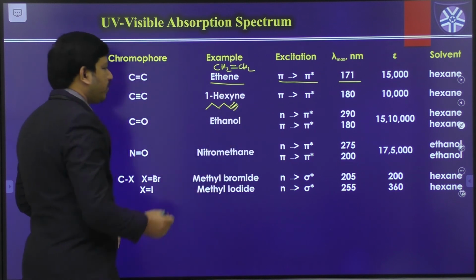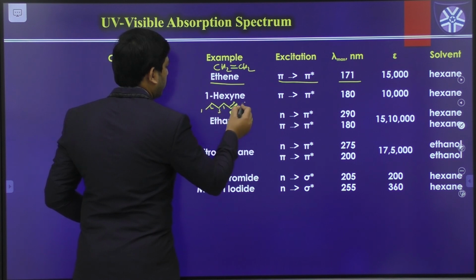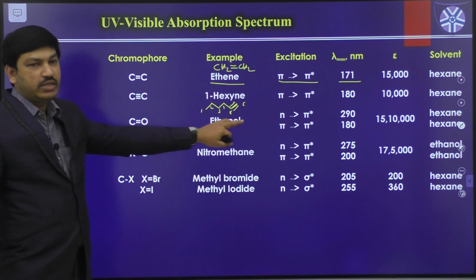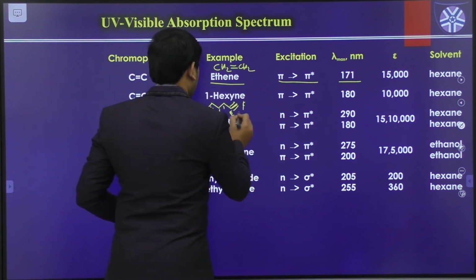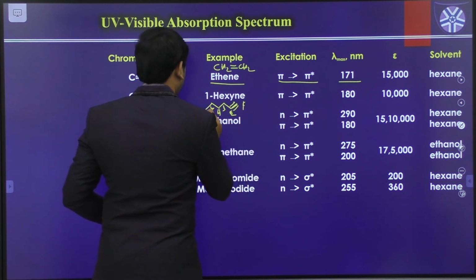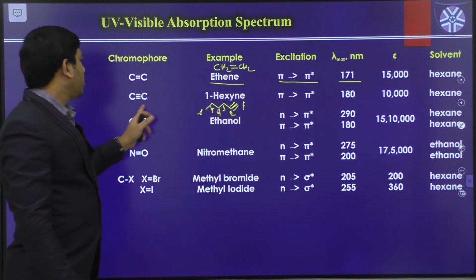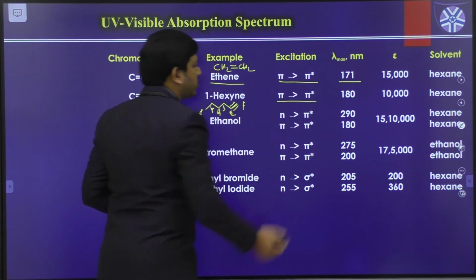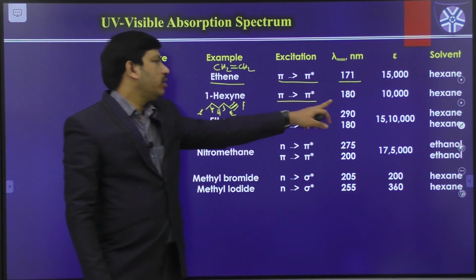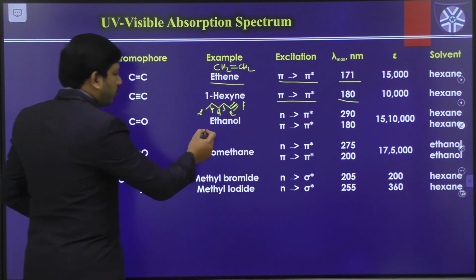So this is actually hexane, 1, 2, 3, 4, 5, 6. So this is the one hexane. This sixth carbon, the first carbon actually having a C triple bond C group like this. So in this case also the most possible transition is actually pi to pi star only, and it is actually absorbing around 180 nanometers.